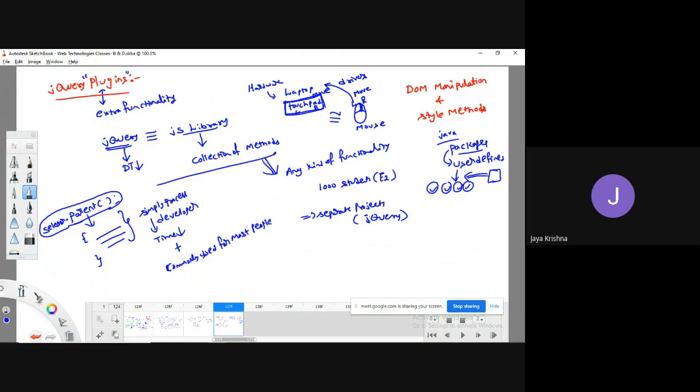Now, for all 1,000 projects, there is a common feature: get the element name of every element. This is the common thing that everybody has to implement in their code.